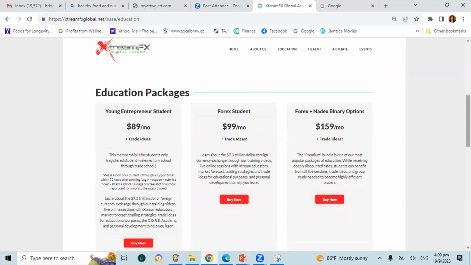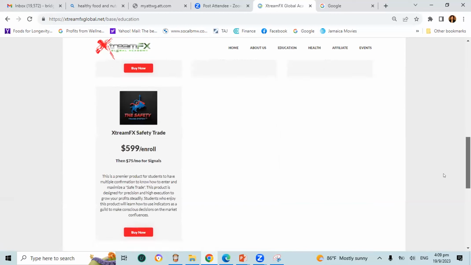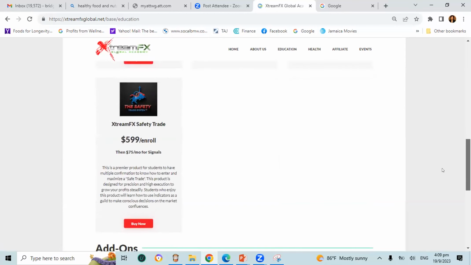Now, today, you would secure a membership, either an educational membership or an affiliate membership. Affiliates get all the benefits of the student membership, except you have the ability to refer people and make money. That's another entrepreneurial arm. With whichever one, education or affiliate member, it doesn't matter. Any membership you get, you can add on Safety Trade. Once you add on Safety Trade, it will cost you $5.99 one time only. It gives you access to 1 year. It's a 1-year license, okay?